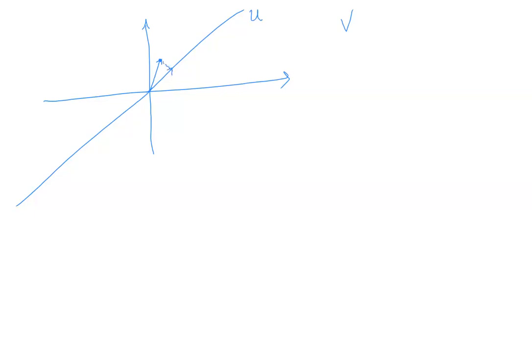onto U means simply to take this vector right here. So let's say this was the vector V. So this is the projection with subscript U of V. So this is the projection of the vector V onto U. It can be defined as the vector in uppercase U that has the smallest distance from the vector V. So the distance, meaning the norm of the difference of the vector V minus its projection, is the smallest possible